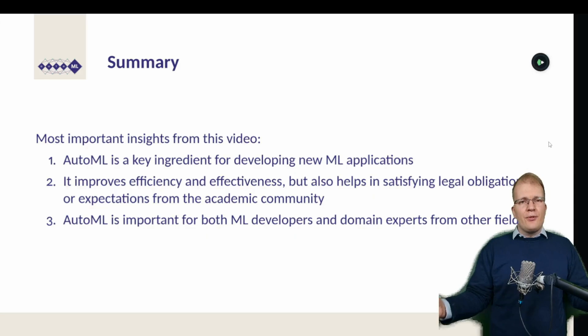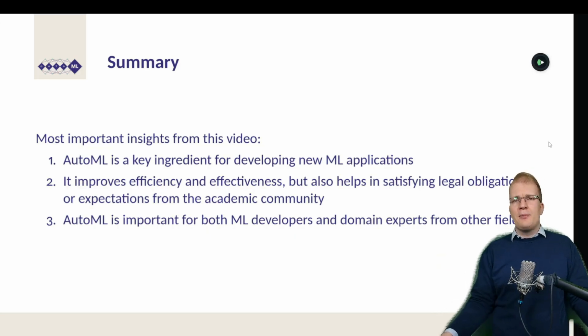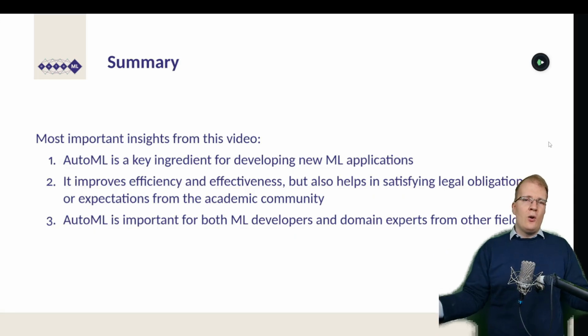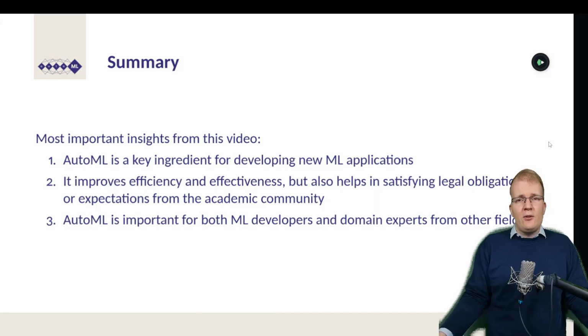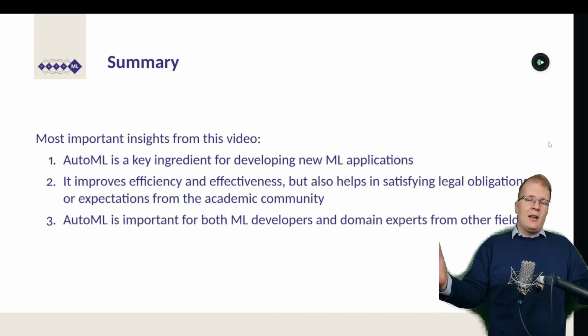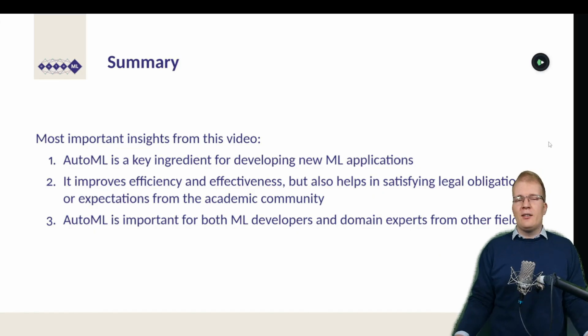Automated machine learning improves efficiency and effectiveness, but also helps in satisfying legal requirements or expectations from the academic community. Therefore, AutoML is important for both machine learning developers and domain experts from other fields, and I hope I showed you some first ideas on why that's the case